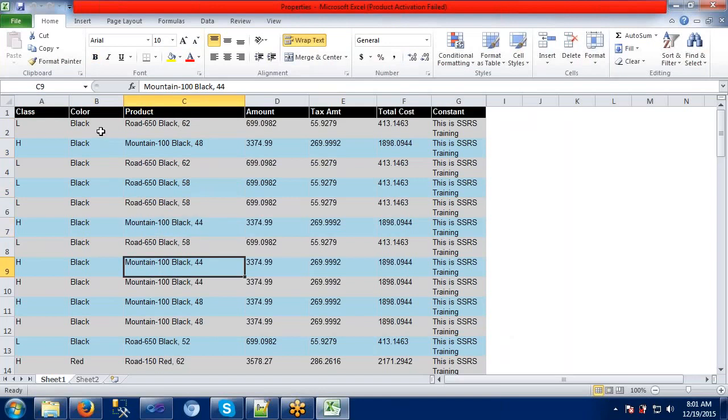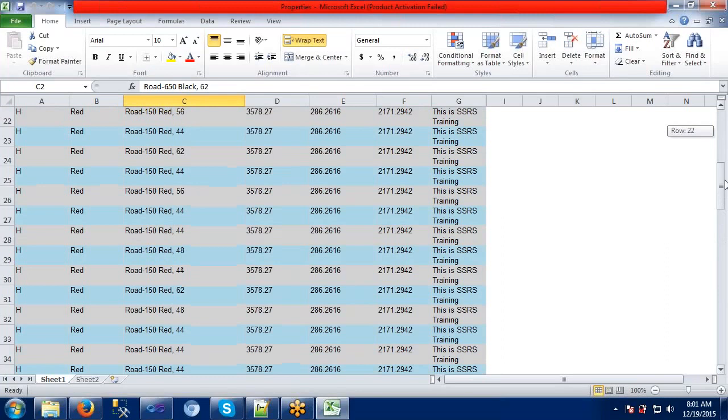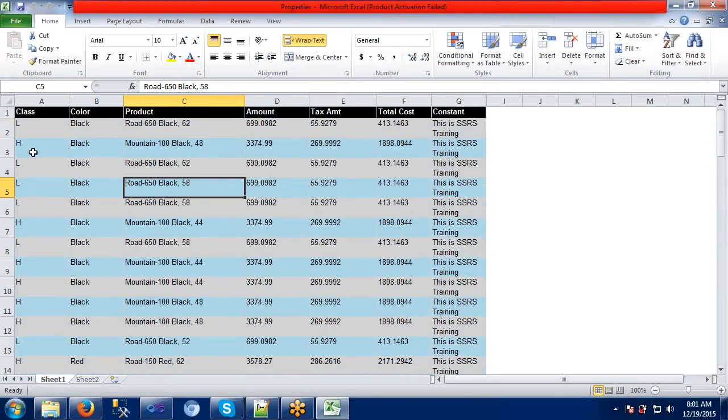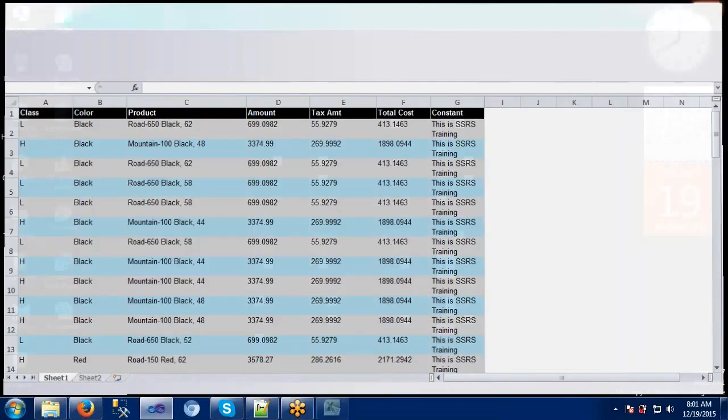I have filtered something here and displayed the data. But when I export or save this report, how will the end user understand that I have taken some filters here? He doesn't know, right? We have used some filters, that's why the report is coming like this. So to make the end user very clear on this, we can use this expressions parameter concept here. Okay, let me show you once again.